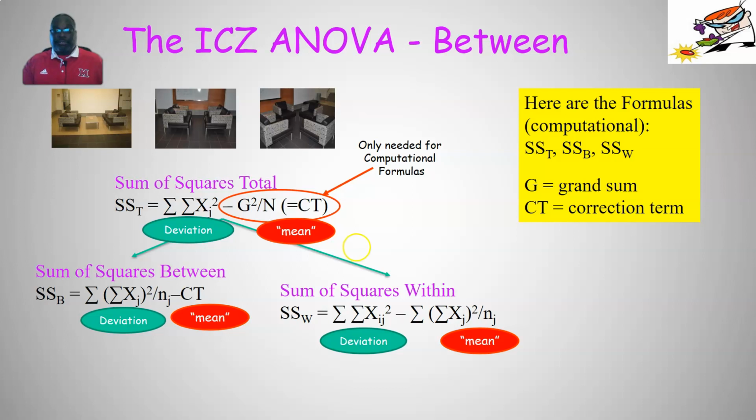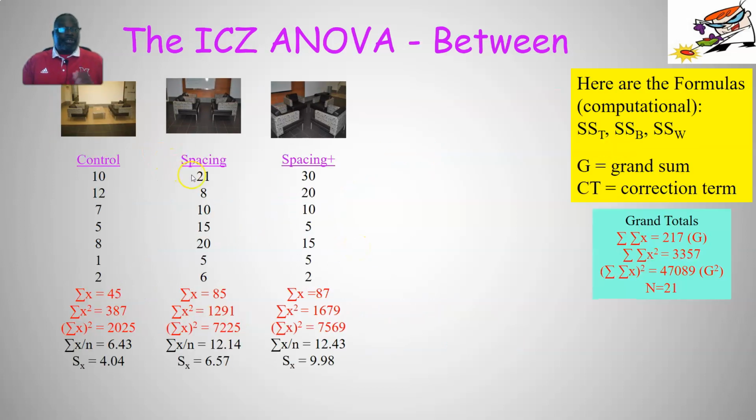Let's put some numbers to this. So here I'm just going to make up some numbers. And again, we're using the example that we've been talking about in class for a while, this idea of arranging seating so that we can encourage conversation in these areas. And so we had a couple manipulations, one where we took out the middle table just to move the spacing in, and then two where we arranged it so they're facing each other, with the hopes that this is going to increase either the number of conversations or the length of conversations. You can choose whatever you want those numbers to represent here. But I'm going to give you some mean data. So say we had 7 people in each condition, so a total of 21 people,